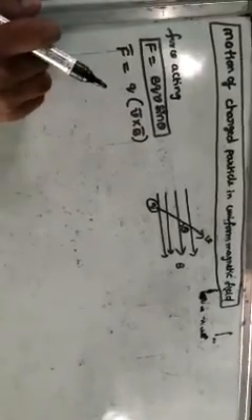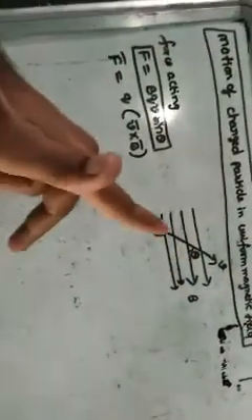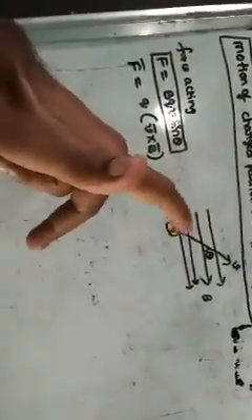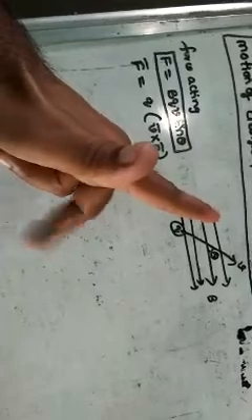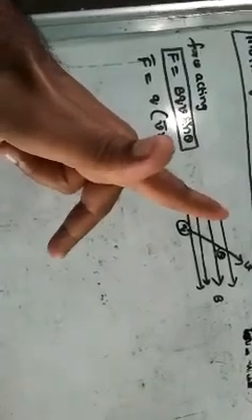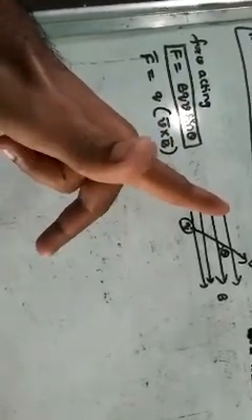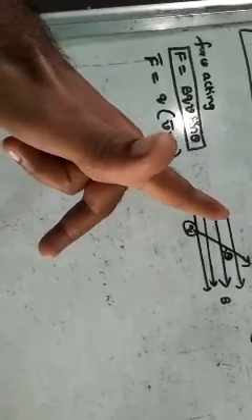Using Fleming's left hand rule, you can find the force direction. So with Fleming's left hand rule, the forefinger shows the magnetic field direction, the middle finger shows the direction of the positive charge, and automatically the thumb indicates the force direction. This we already know from 10th class.